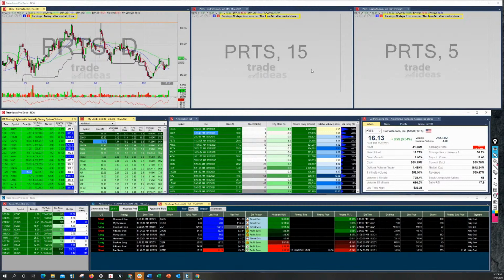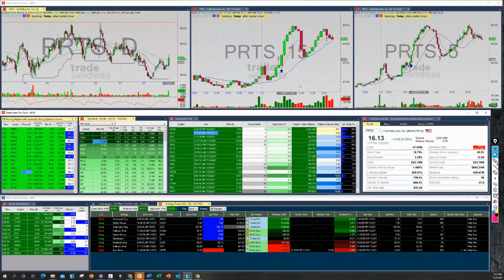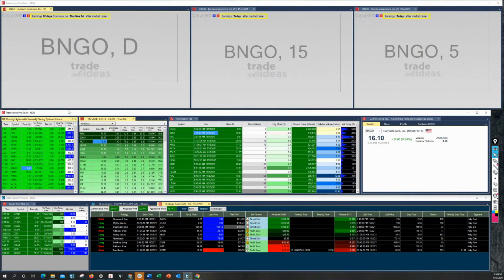PRTS, this is one that I tried to get bullish on so many times, and I kind of put it on my do not look list for a while, to be honest. Great alert off that, 1572. Great alert off that. Look at that. And this has a decent spread on it, not moving crazy on the time and sales as I'm watching it. Even here, still running. And it was not too far extended off the 8 EMA on that alert. You never really caught it on the 15-minute 8 EMA there. Very nice from that.